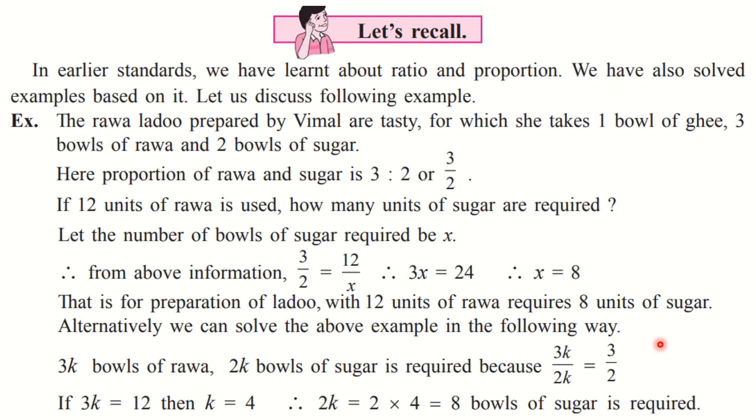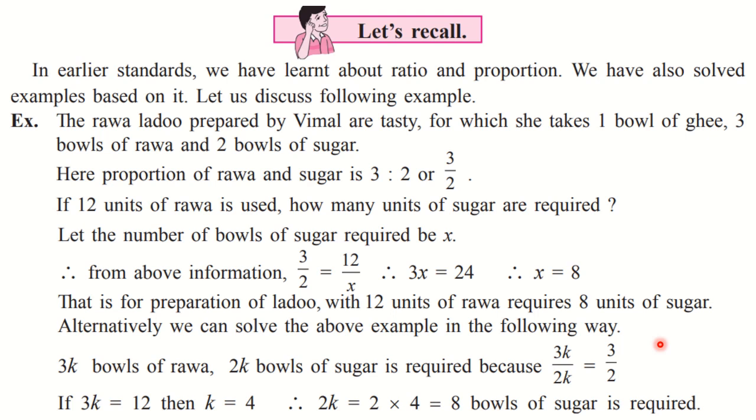And if we extend the concept further for 3 numbers, 4 numbers or more numbers, it is called what? Proportion. We say that the numbers are in proportion. For two numbers, generally we use the word ratio, or we can use ratio or proportion. Any one word we can use.